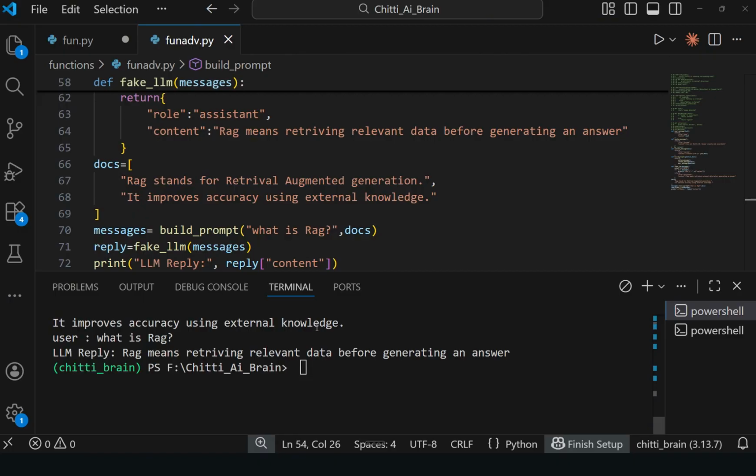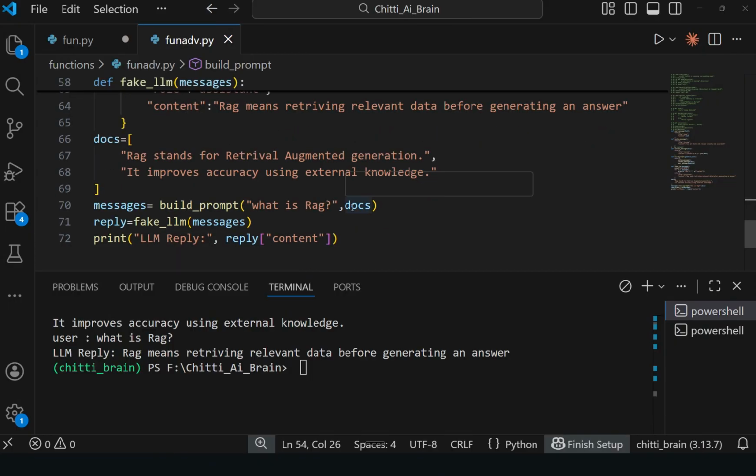Now let's see. One second. In Python, we represent the thinking using a function. We will see how.